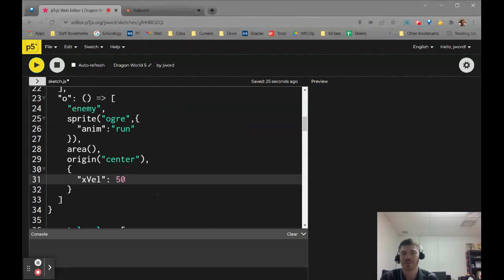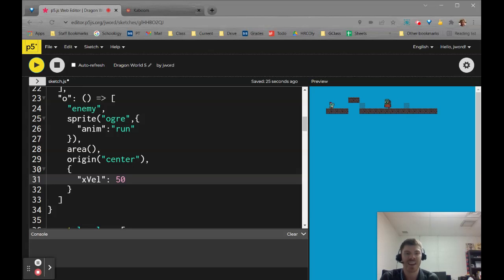It should probably go kind of slowly. Yeah, that looks about right. And possibly even slower than that. Yep, that seems about right. So now that we got the ogre marching back and forth,